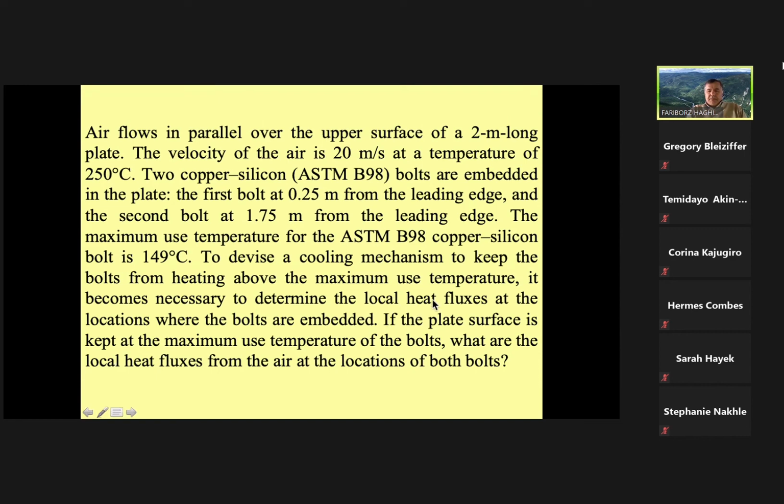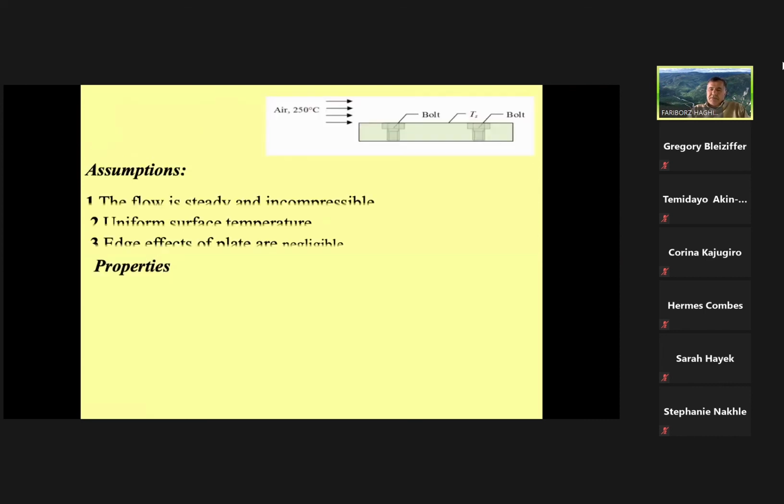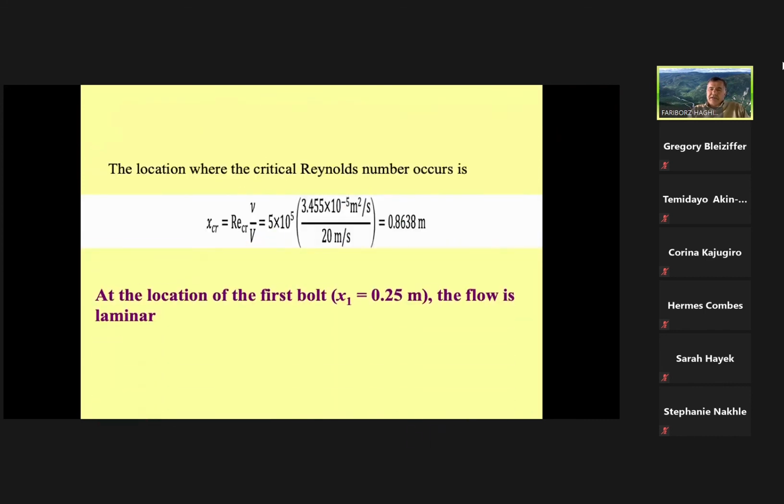Now, we calculated for the first place, 25 centimeter. Now, at the second point, what do you suggest now? What should I do now? We have to use a turbulent. Excellent. Therefore, we calculated at 80 centimeter. After that, it becomes turbulent. Therefore, we don't need to go back. Therefore, we go back and immediately calculate the Reynolds number, and we place it in the equation that we have for